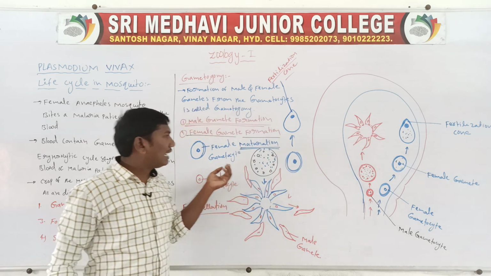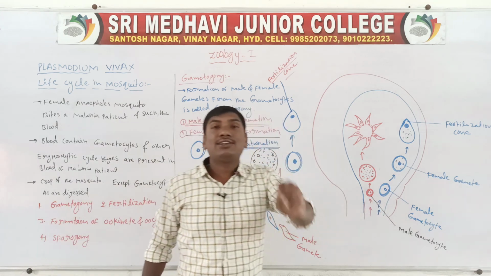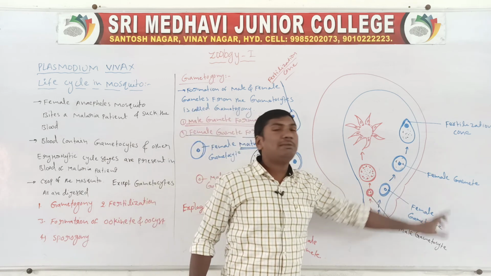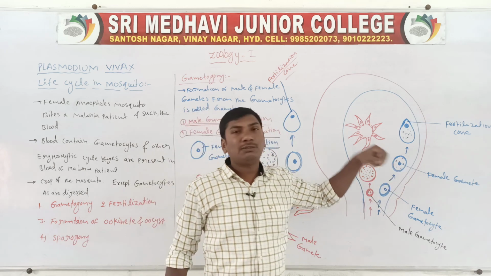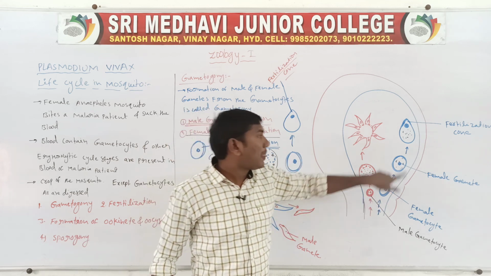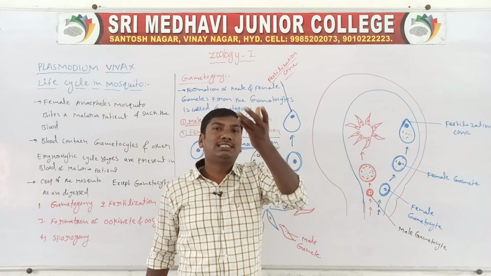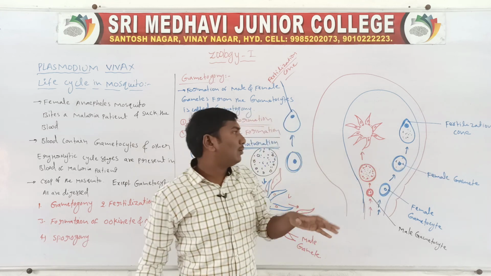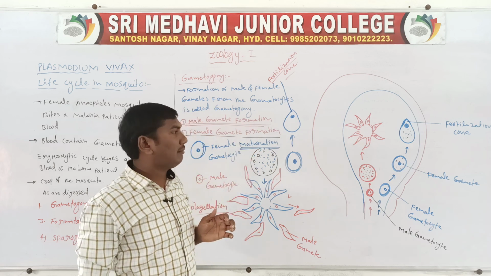Each flagellum acts as one male gamete. Next, female gamete formation. In female gamete formation, the female gametocyte undergoes a few changes and transforms into the female gamete. This process is called maturation. Next, the nucleus moves toward the periphery inside. That region, the formation of the projection, is called the fertilization cone. So these are the gametogony processes: male gamete formation and female gamete formation.